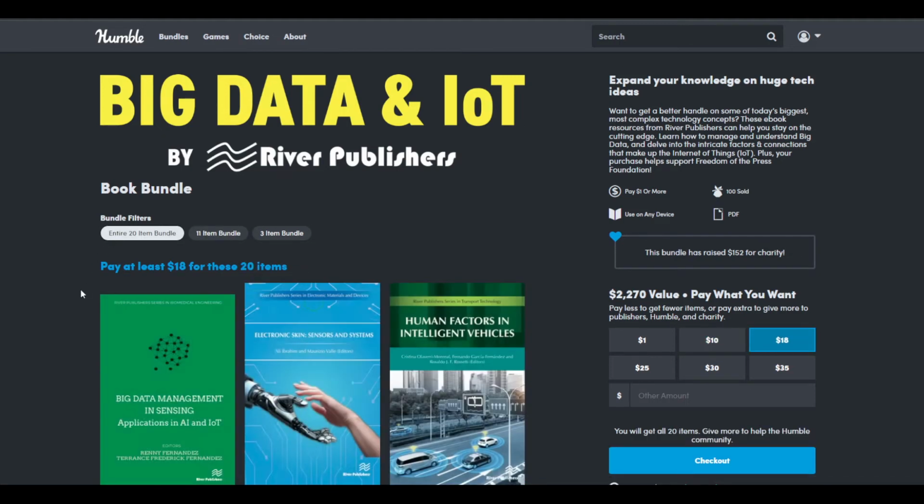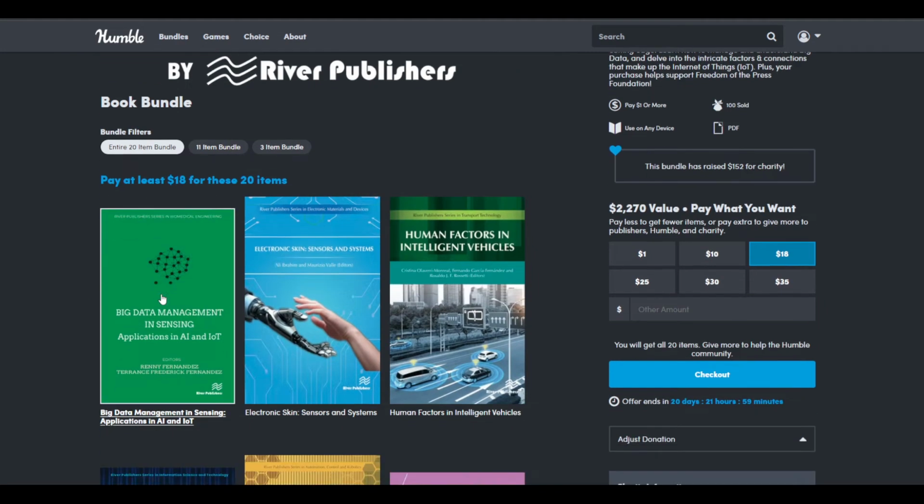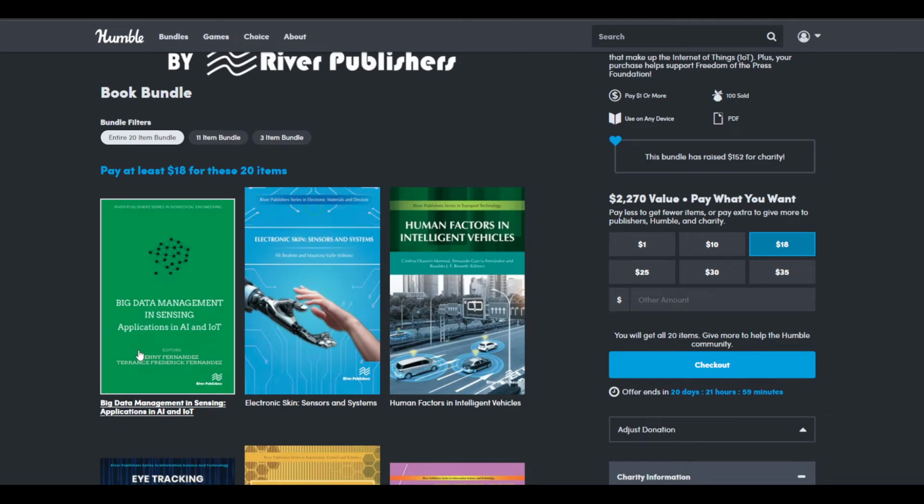Okay, so our last tier today is $18 for a total of 20 items. First of all, we have big data management and sensing applications in AI and IoT. This book is normally